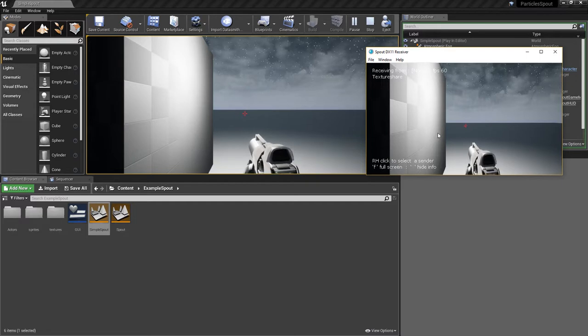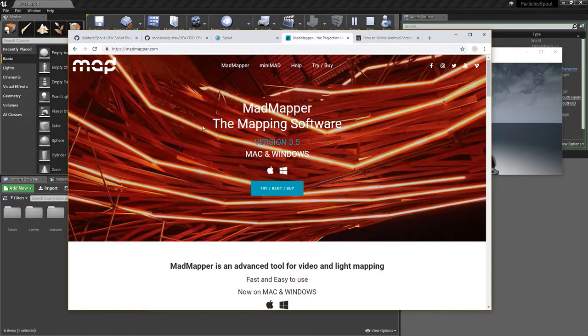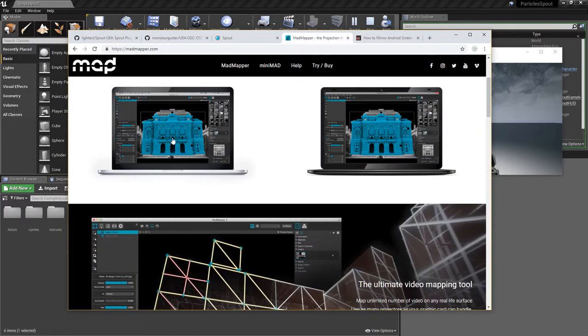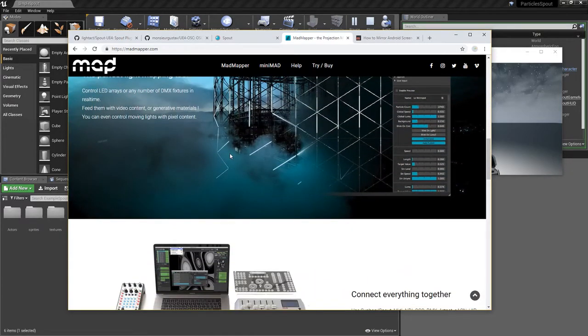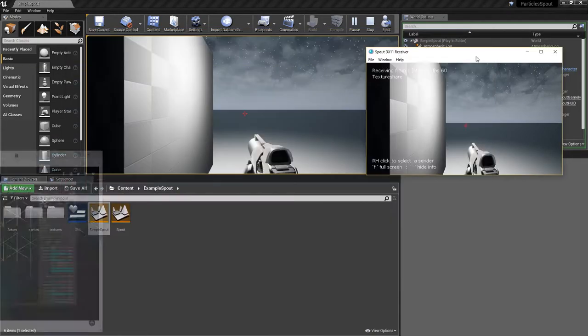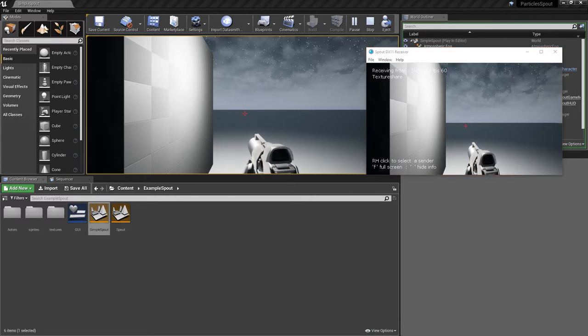Now, you might be thinking, what's the point? So I get my scene in Unreal in this little tiny window. That doesn't seem super exciting. However, this allows you to bridge to other applications, such as projection mapping software like Resolume, MadMapper, or Isadora. So I really like MadMapper. You can project onto seemingly infinite possibilities. And just to give you guys a little preview of that,